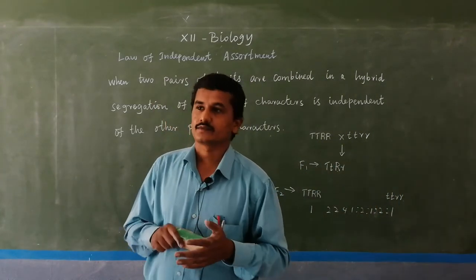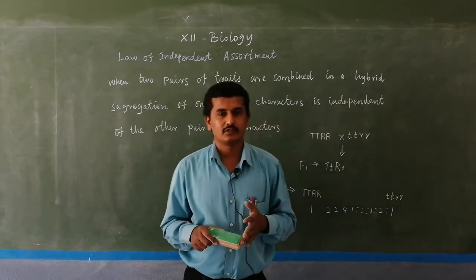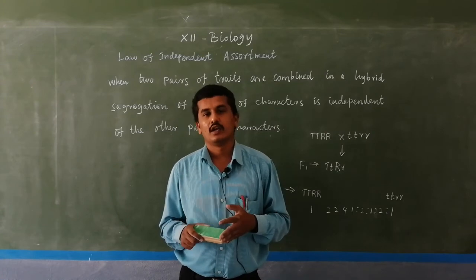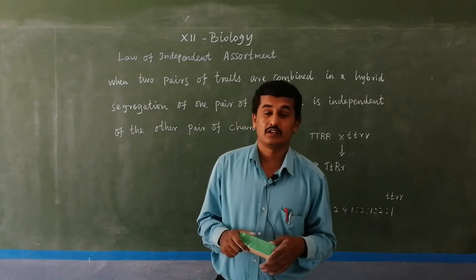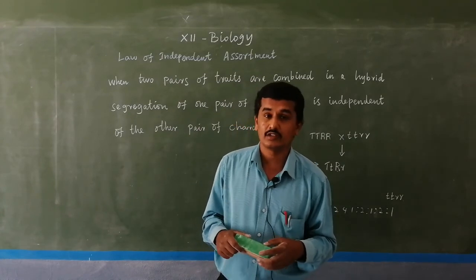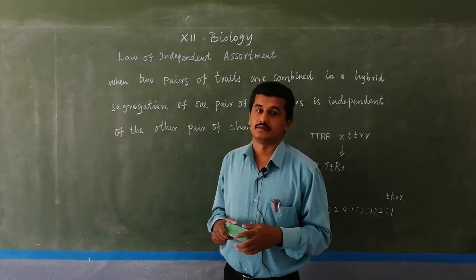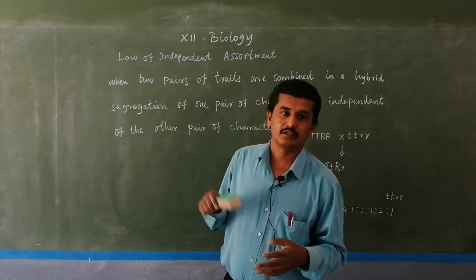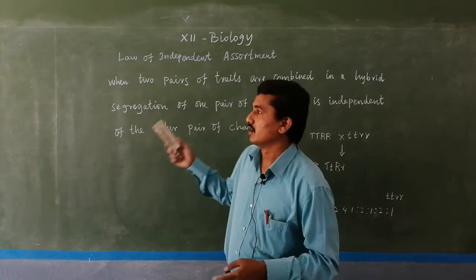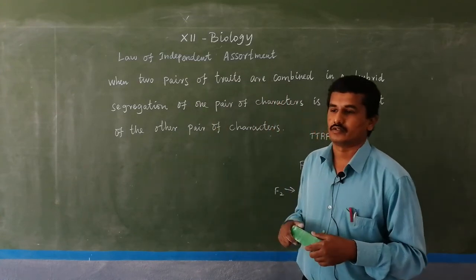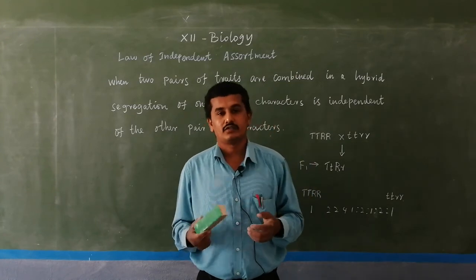Already I have learned that the law of dominance and the law of segregation are related to the monohybrid cross, and codominance and incomplete dominance are not Mendel's laws, they are deviations from Mendel's law. The law of independent assortment is Mendel's law. With the use of the dihybrid cross, the inheritance of two genes concept, Mendel formulated the law of independent assortment. In board examinations, a 5 mark question may be asked.